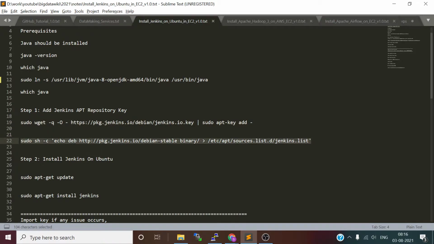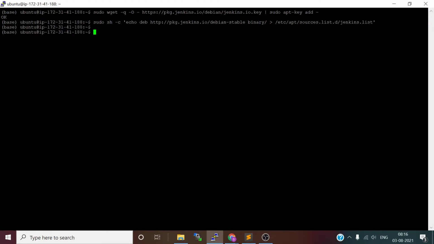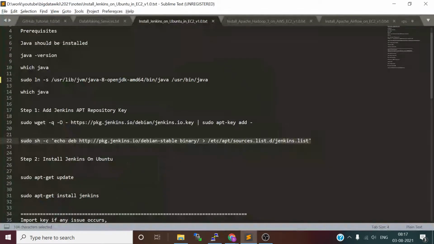This command also runs. You can verify in this location that jenkins.list is added. So do ls. You see the jenkins.list is there.